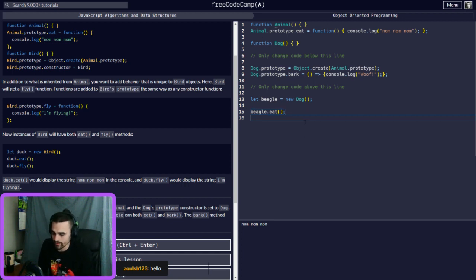But if we call beagle.bark, it also says woof because it's using everything from the prototype of dog, these customized additions. So these are the properties that are getting added strictly to the dog, and then these are in the animal.